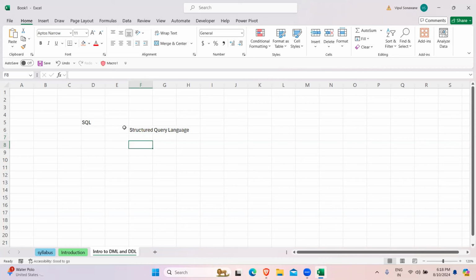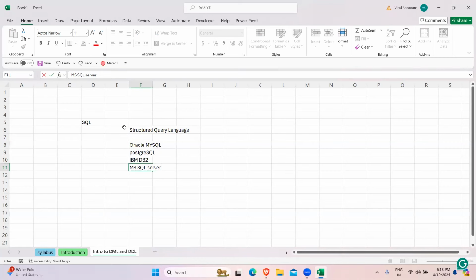This is the language that is understood by all relational database management system products, including Oracle, MySQL, PostgreSQL, IBM DB2, and MS SQL Server. It's understood by all of these products, which means it is really important and very useful to be an expert in SQL, right? SQL is not a relatively difficult programming language compared to languages like Java, C, or Python. It's very simple as compared to Java, C, or Python. Why? Because